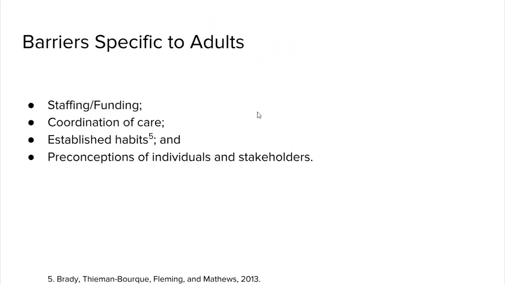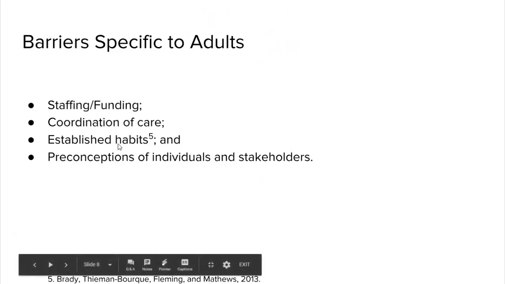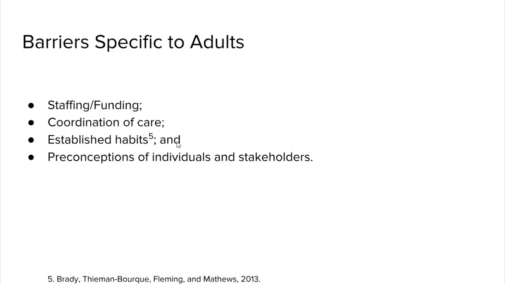The other thing is established habits. If somebody is an adult, they've learned some habits, and family members have habits. We get very used to the way that we speak to each other. There's some research that says how you communicate at home is how you'll communicate for the rest of your life. So breaking those habits, there's some evidence to support that it's very doable, but it can be tough.